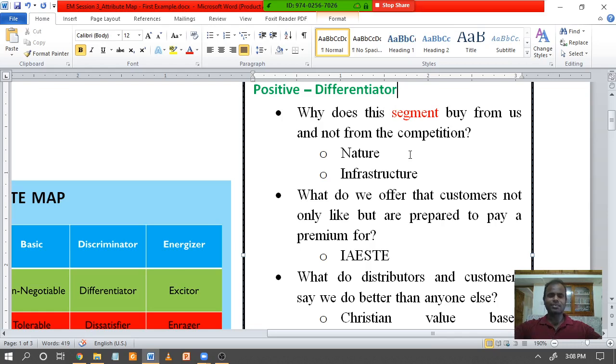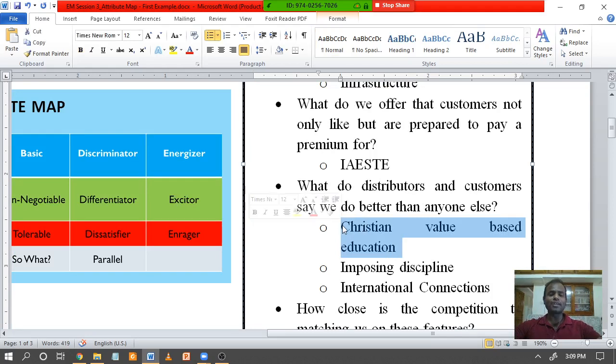Parents. Exactly. So the positive differentiators that would be created will be for parents first, because parents would like their children to be safe and secure. They will like their children to have good food and to be protected. They'll also like their children to have international collaboration or exposure, to maybe go abroad. And many of your parents, if you're from a Christian minority background, will say, I also want my child to have a Christian value based education. I want my child to be groomed well. He should be disciplined.